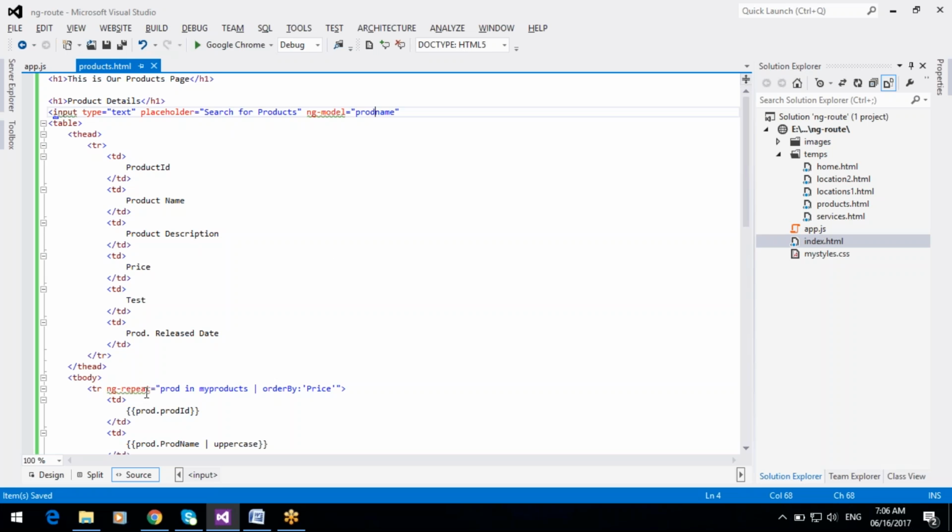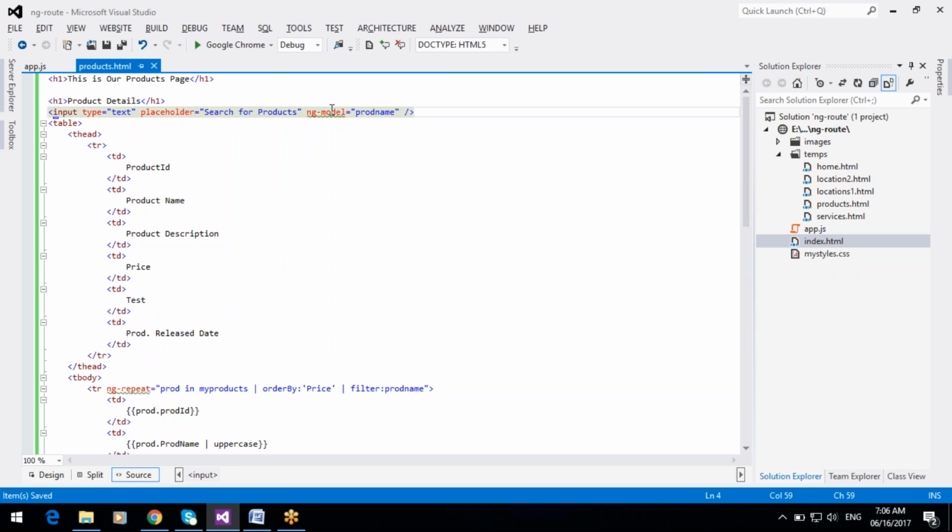So here in ng-repeat, use another pipe character and filter, and product name.